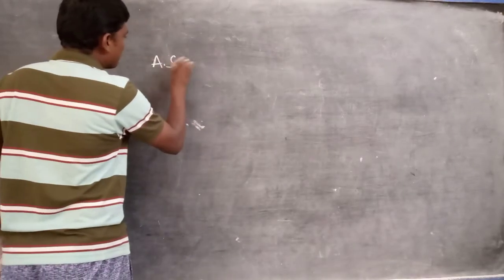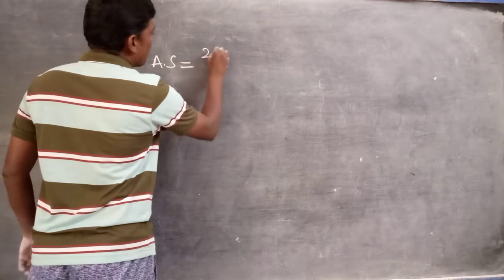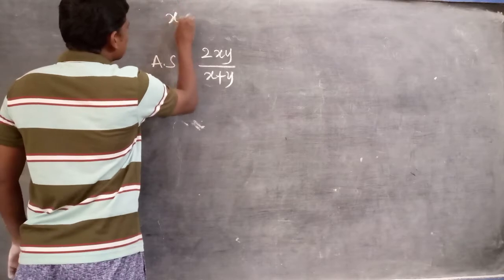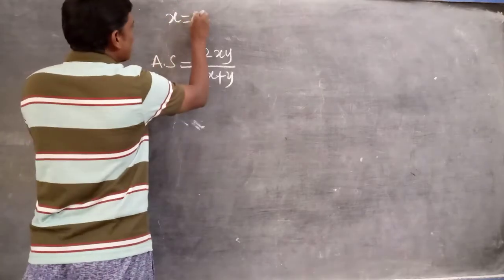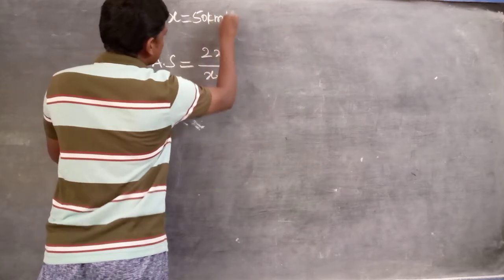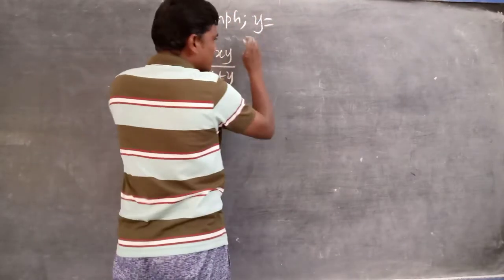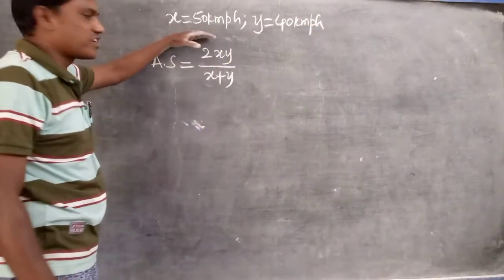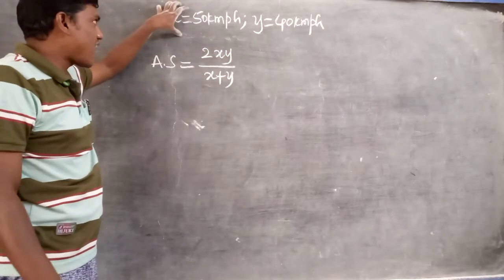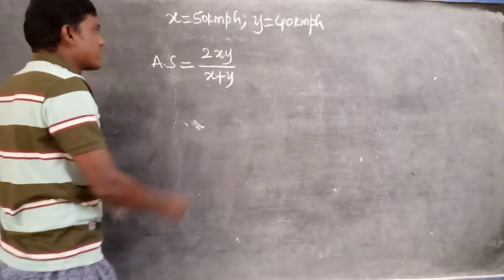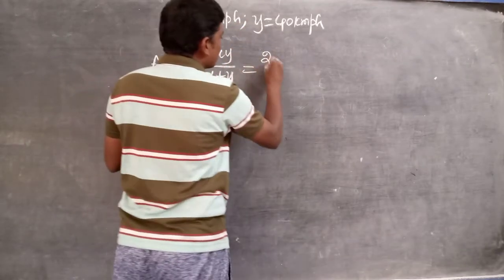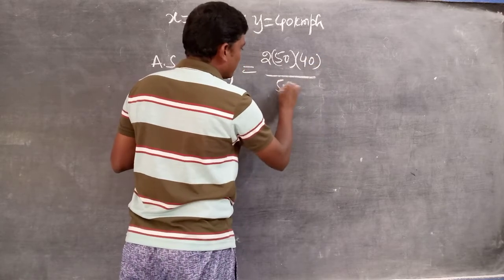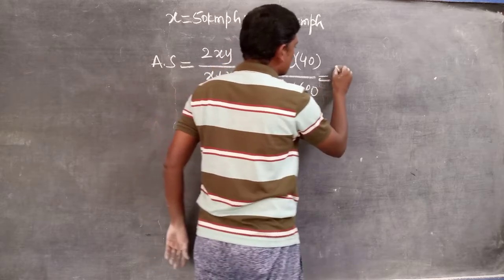The average speed is equal to 2xy upon x plus y. Here x is equal to the first given speed, that is 50 km/h, and y is equal to the next speed, 40 km/h. The first half of the journey at 50 kilometers per hour is considered as x and the remaining second half is y. Substitute these values in this formula: 2 into 50 into 40 upon 50 plus 40, that is equal to